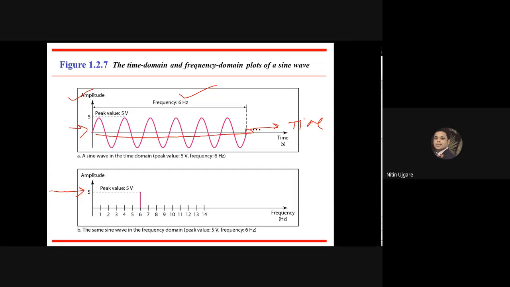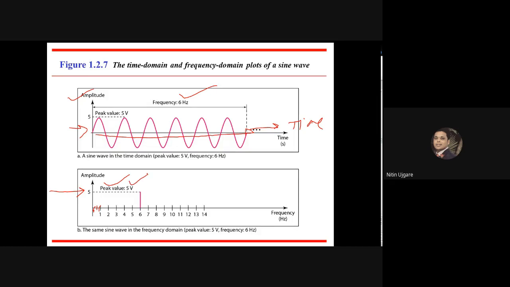The x-axis represents the different discrete values of the frequency. Remember, I'm again telling you, we have represented the discrete values here, but whatever is in between these discrete values are actually continuous values. So between 0 and 1, there are so many continuous values, 0.1, 0.2, 0.3, and so on. And like this between 1 and 2. The peak amplitude of this frequency domain representation of the signal is also the same. The amplitude will remain the same whether it is a time domain representation or a frequency domain representation. So the amplitude of both signals, in both cases, is 5 volt.